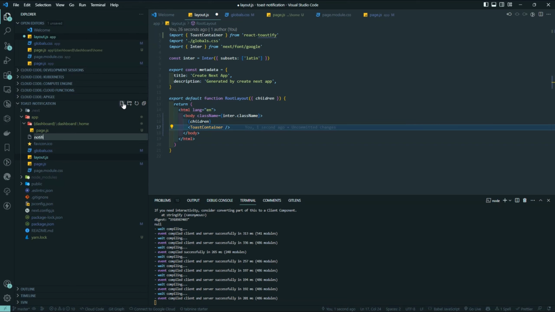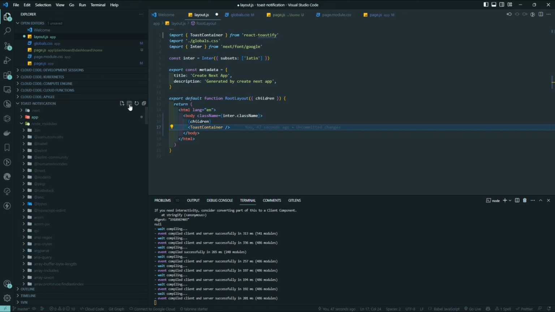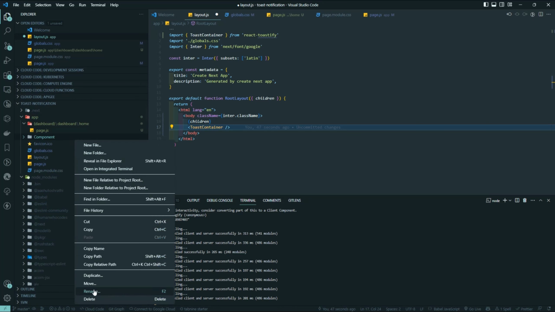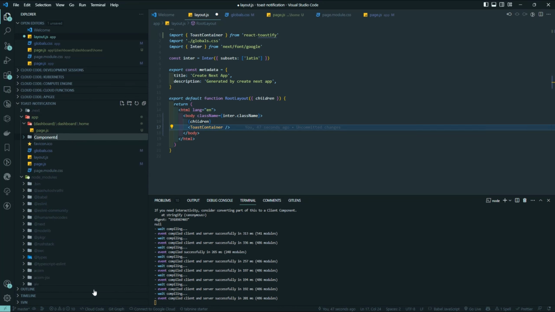notify. You can, instead of, okay, let's do this. We are going to create a library or a component folder in the app layout. Create a components folder. This should be plural, components. Good. And then inside this, I'm going to have a